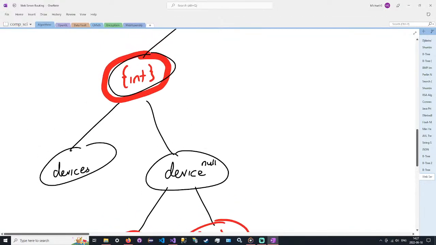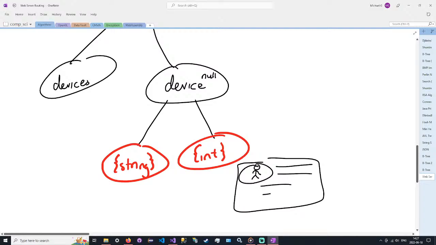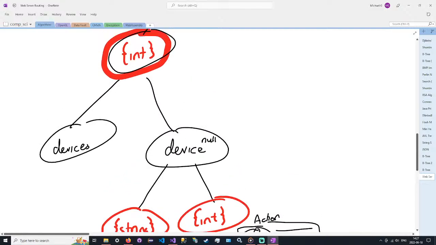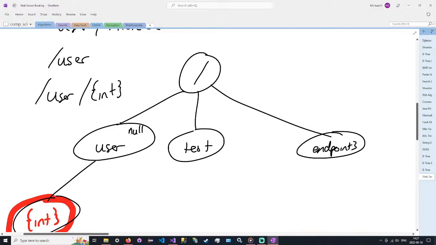But when we get to, say, an endpoint that does have an action with it, this would return, say, a user page. So this could give us a picture of their little body and their name, blah, blah, whatever you want it to be. This could be the action here. We can essentially just associate different actions with an entire tree, and these endpoints are endless,